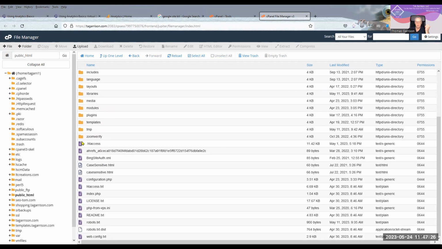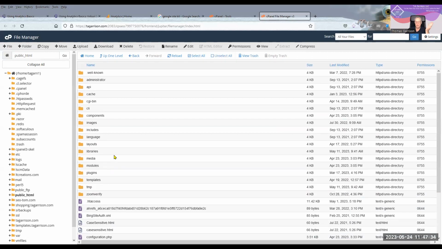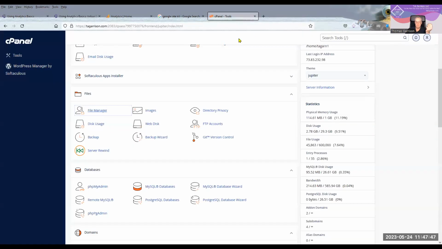This is called the root. So here's your index. And all these other things, don't try to understand what it does. If you're just trying to figure out cPanel, don't drill down into this. Just look at it, write down questions if you have them, and then you can come to me and ask questions if you want, that's fine. But I would not suggest messing with things.